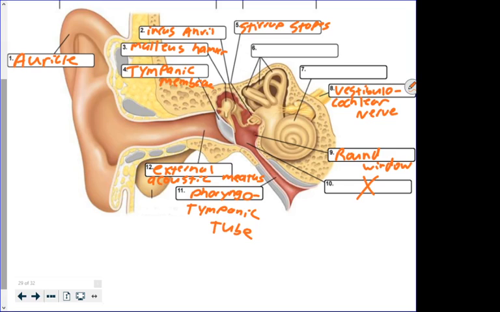It's like a cave, or whatever you want to call it. It's like little paths through the bone. So number 6 are called your semicircular canals. And then number 7